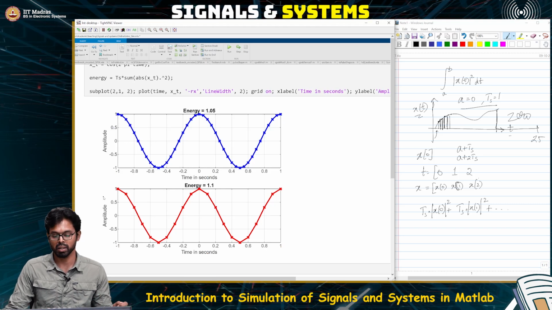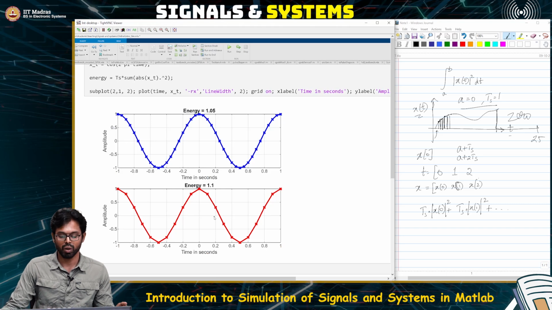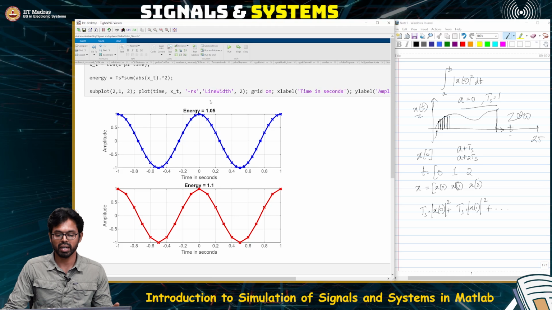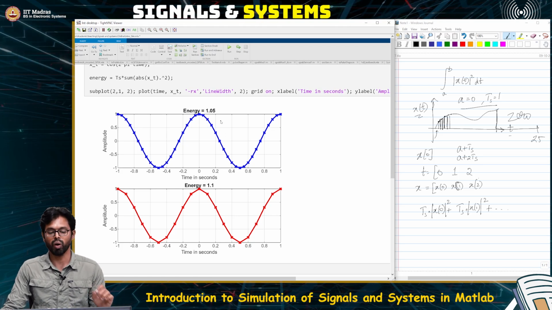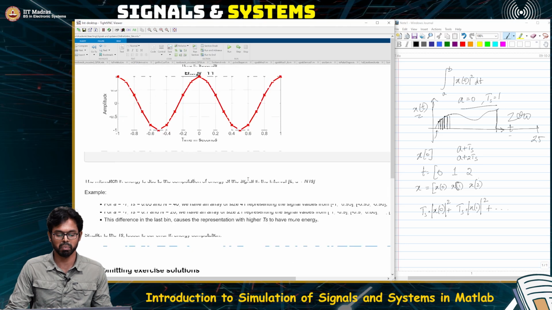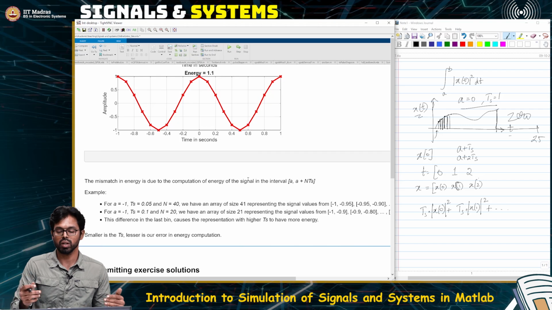So if you change the start time and end time, of course the length of the signal changes, so the energy will change. Now here we have fixed the length to be the same, but sampling times are different, and we are getting the energy to be roughly the same. There is a 0.05 difference. The 0.05 difference comes mainly